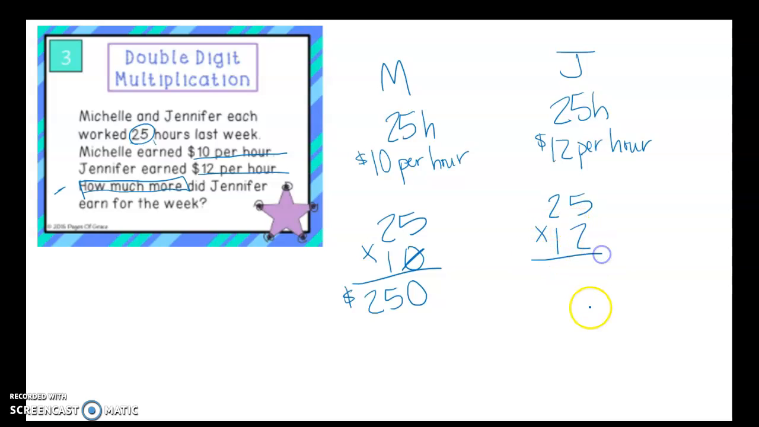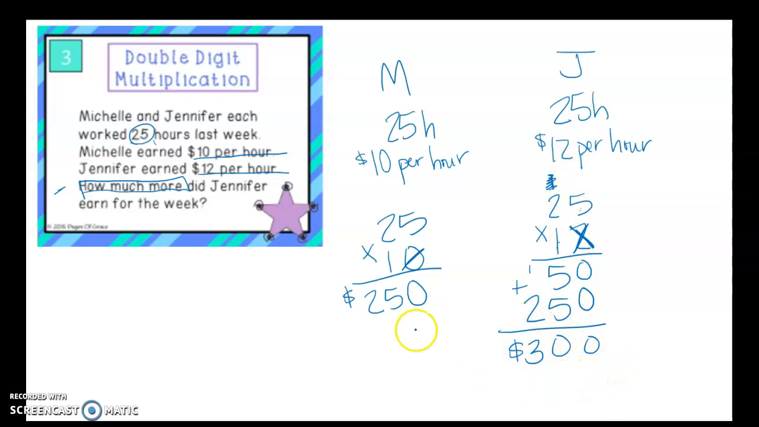Now we have Jennifer at 25 times 12. All right, so what we're going to do is our standard algorithm on this one. So I'm going to say 2 times 5 gives me 10. 2 times 2 gives me 4, plus 1 more gives me 5. All right, so then I'm going to kill this one, bury him, and destroy my evidence. Now I do 1 times 5 is 5. 1 times 2 is 2. Okay, so Jennifer made